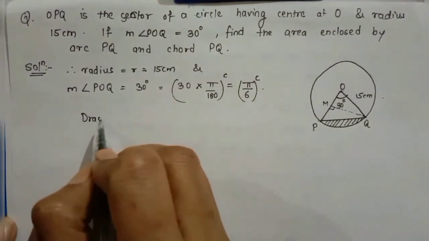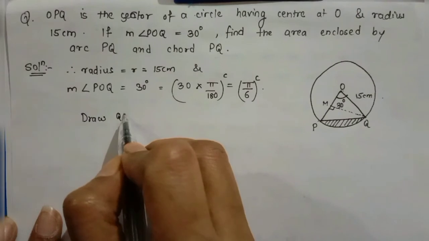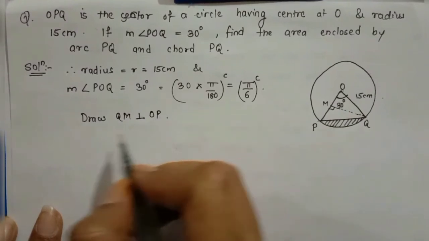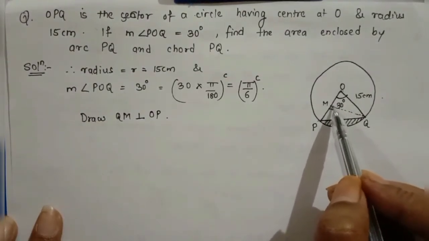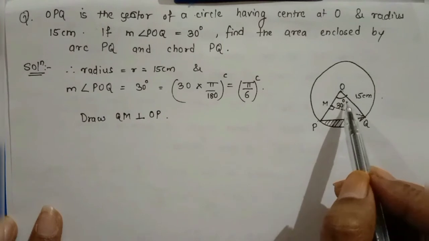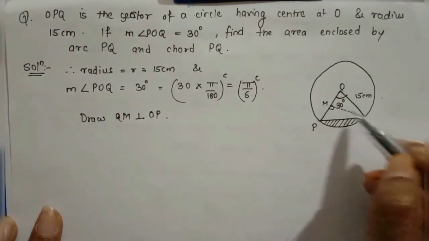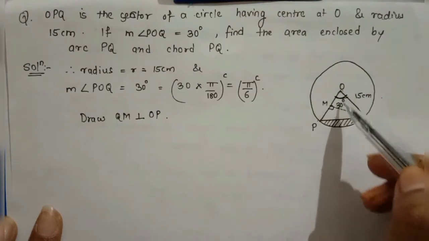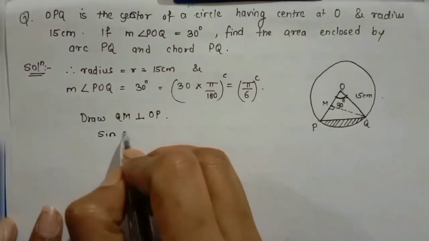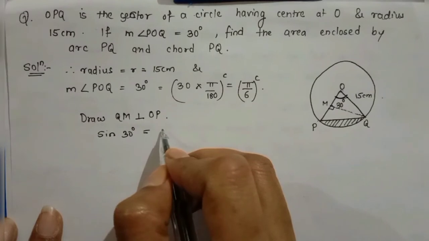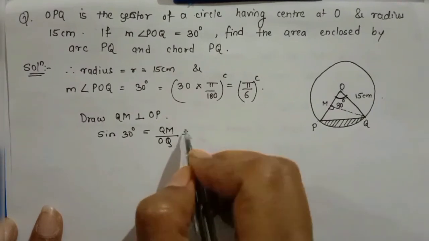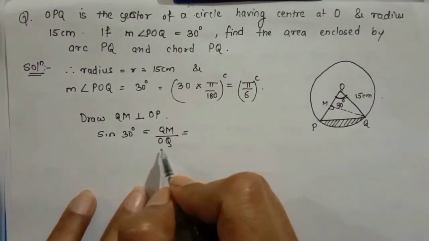अब हम लोग ने जैसे ड्रॉ किया था वो हम लोग कंस्ट्रक्शन यहाँ पे लिखते हैं. Draw QM perpendicular to the base OP. क्लियर है. अब मुझे क्या करना है, देखिए यहाँ पे ये QM को फाइंड आउट करना है. तो ऑफकोर्स ये जो साइड है उसके अपोजिट में एंगल देखिए 30 है ना. So for 30 I can say this is the opposite side. देखिए 30 ये है ना, तो 30 का अपोजिट साइड कौन सा है, MQ ना, तो अपोजिट साइड ये है. So I make use of sine 30 degrees, that is opposite side which is nothing but QM upon the hypotenuse, that is OQ. तो QM हमें नहीं पता कितना है, but we know the value of this